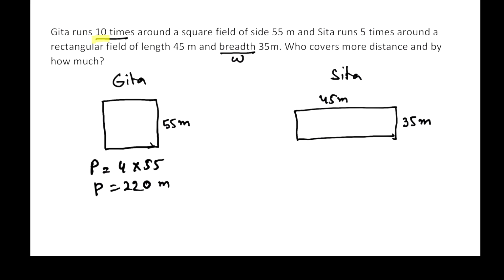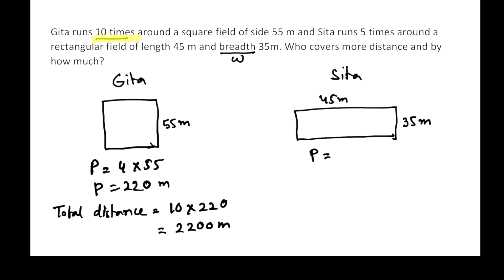And she ran 10 times. So the total distance she covered is 10 times the perimeter of the square field, which is 220. 10 times 220 is 2200 meter. So Geeta runs 2200 meter. Let's find how much Sita runs in one time, which is the perimeter of